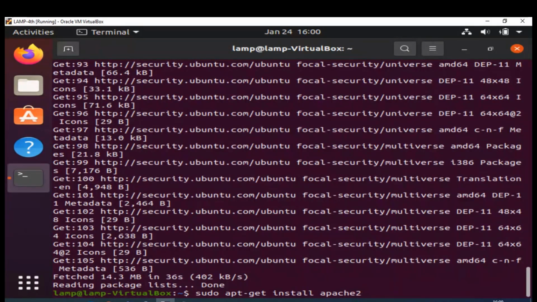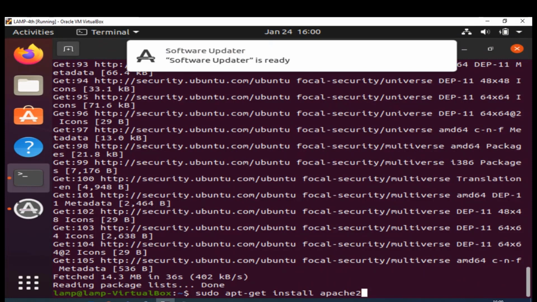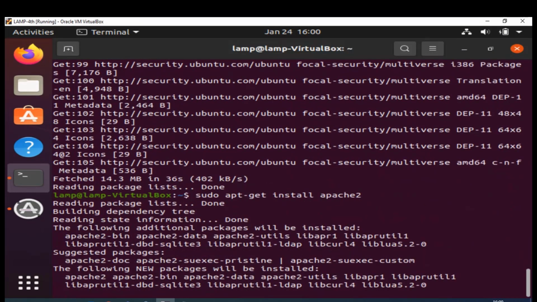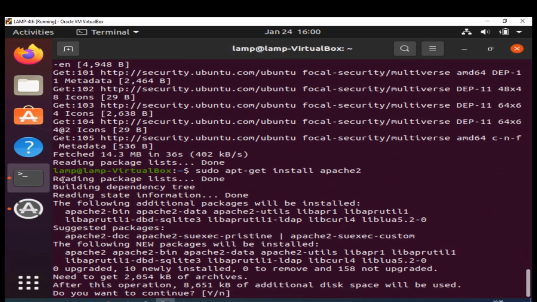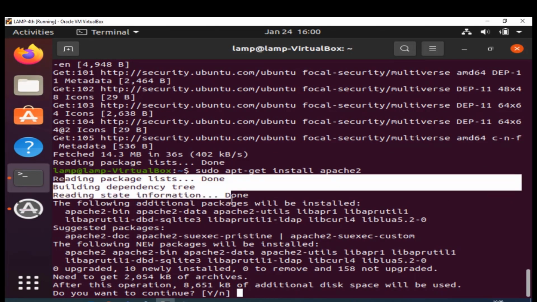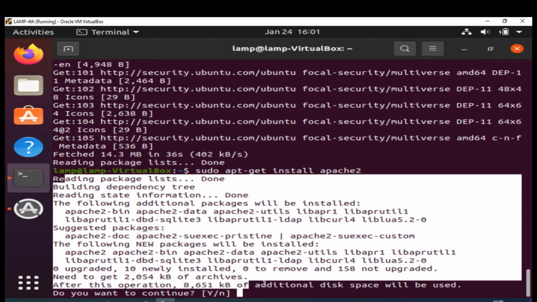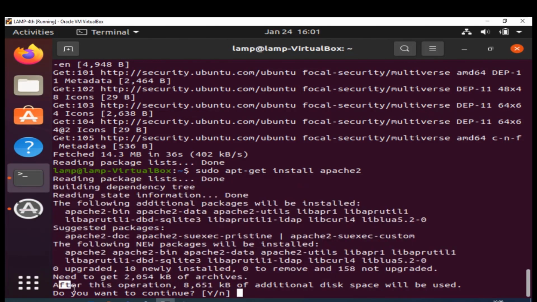So this will be the command: sudo space apt-get space install space apache2. If you click enter, it starts exploring the packages. So reading the package list done, checking out the dependencies, and start exploring the packages, and it prompts you that